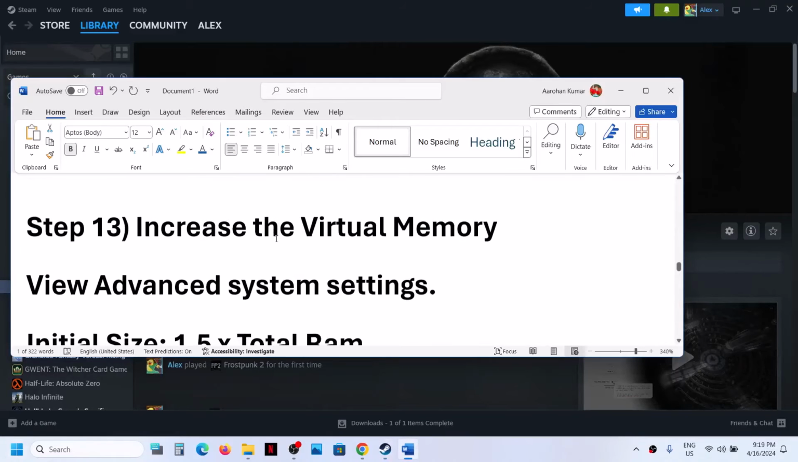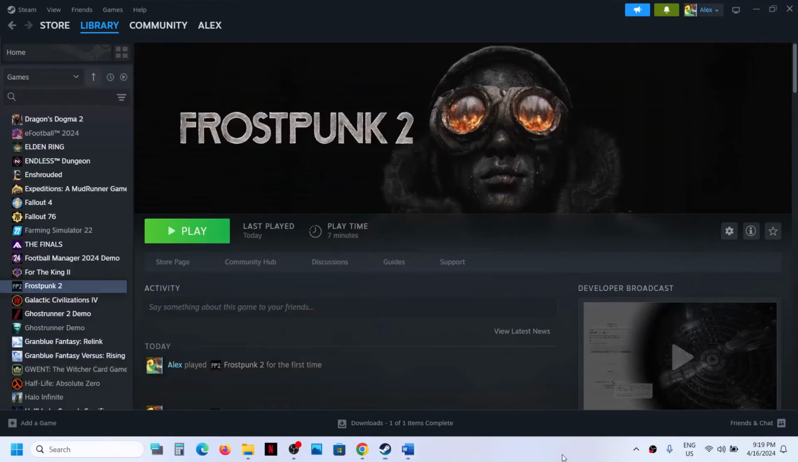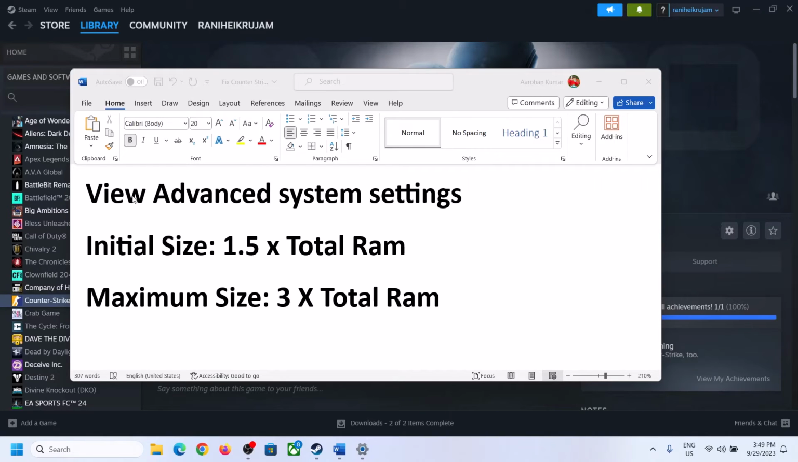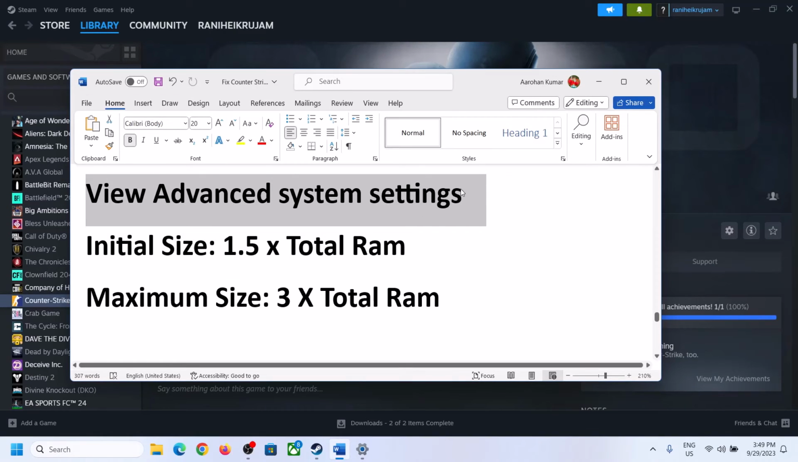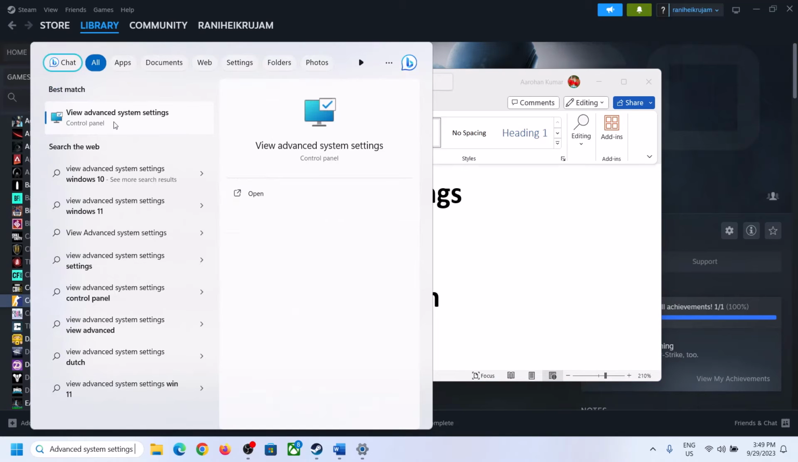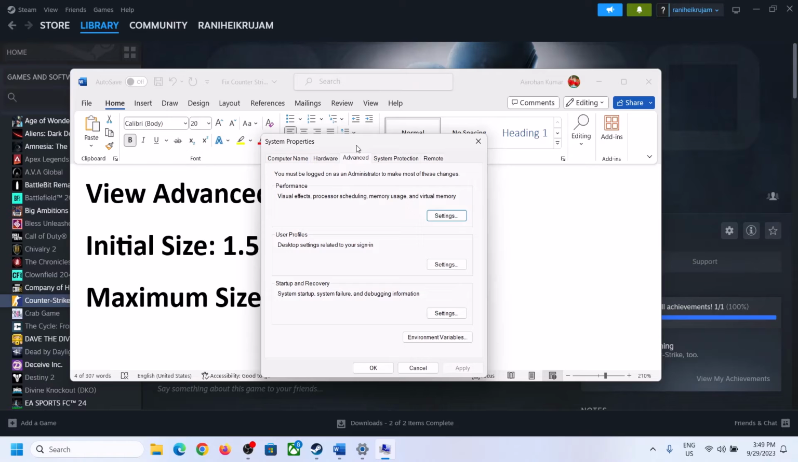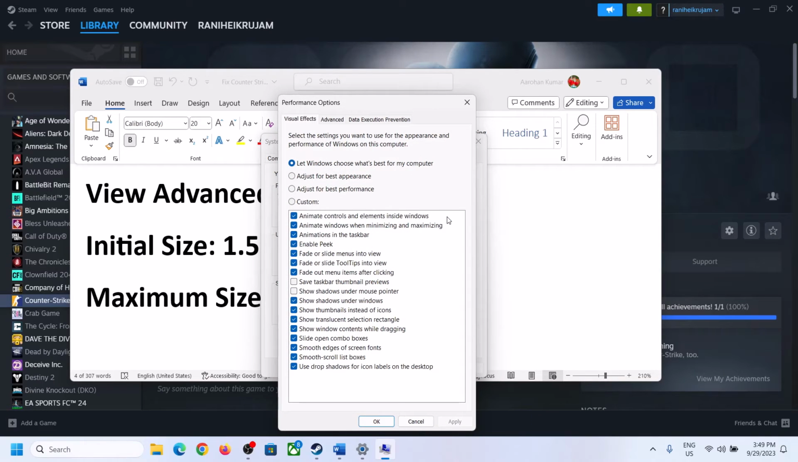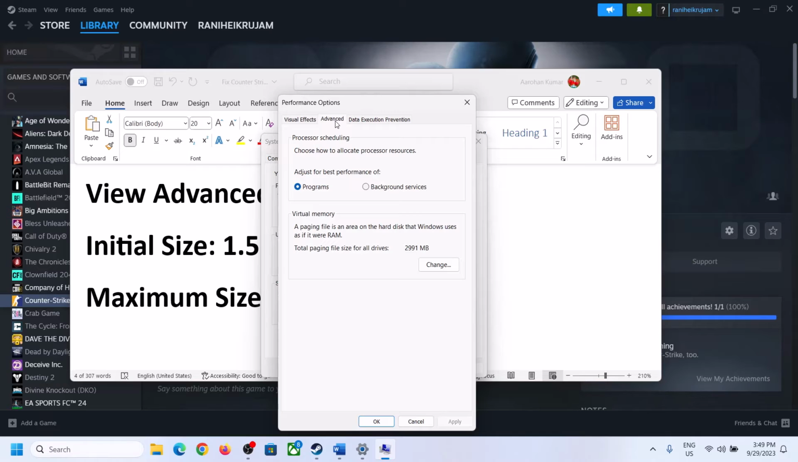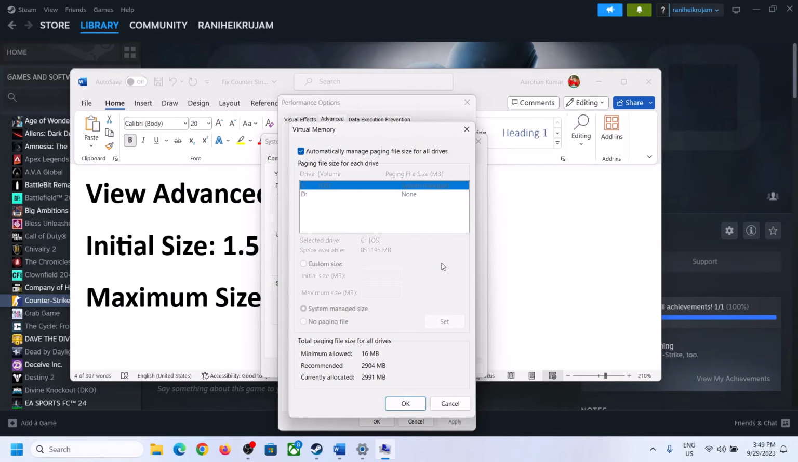Next step is to increase the virtual memory. So to increase the virtual memory, type in view advanced system settings in Windows search box and then click on view advanced system settings and then click on the first settings and then go to advanced tab and then click on change over here and then select the drive. So uncheck the box which says automatically manage paging file size for all drives. Uncheck this box and select the drive where the game is installed. So select the drive and then once you select the right drive, now put a check on custom size,